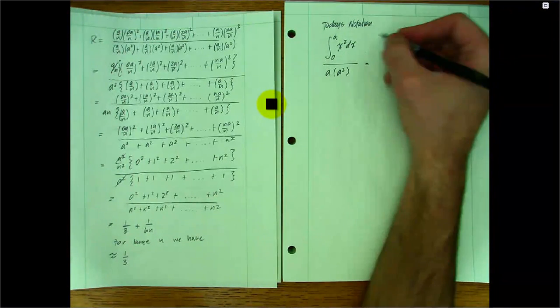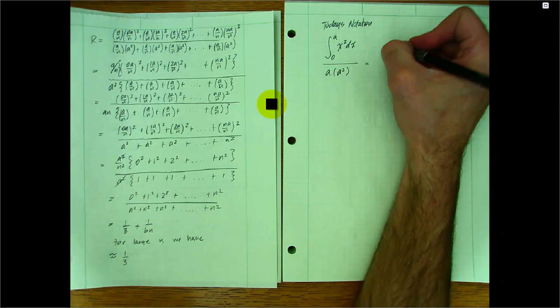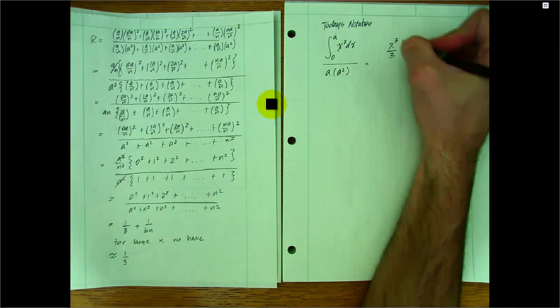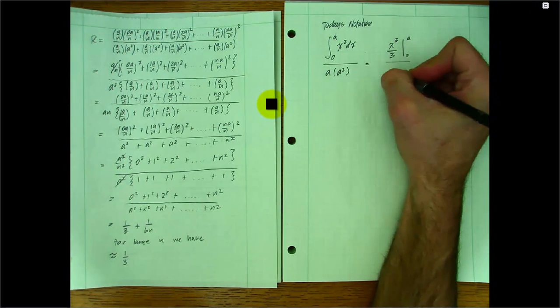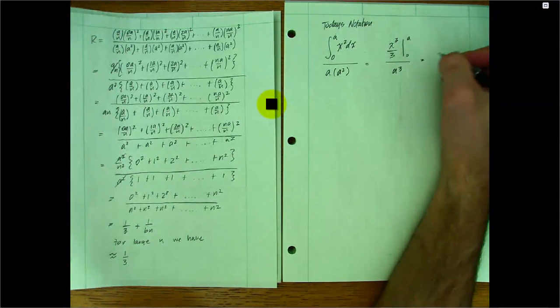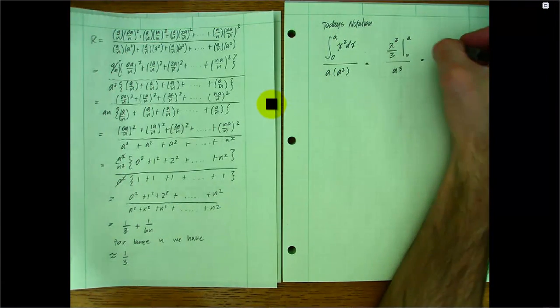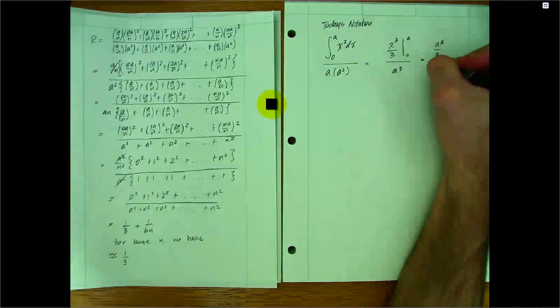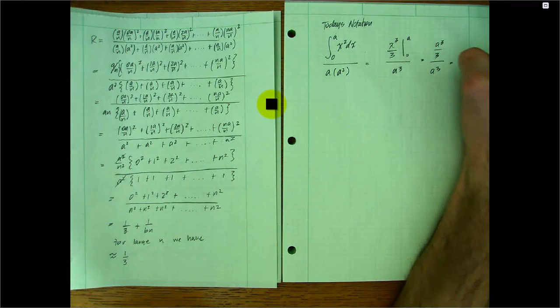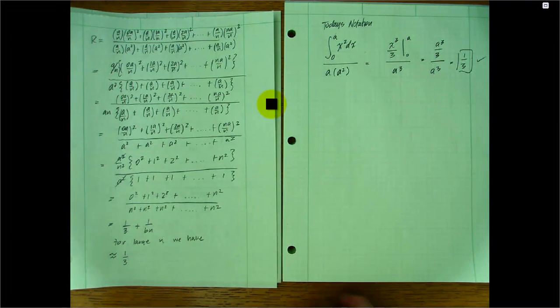Well, we know how to integrate, because of course we're modern mathematicians. So x to the third over 3 evaluated from 0 to a, all over a to the third. That's just a to the third over 3, all over a to the third, which is the same thing as a third. And so indeed he has found the correct value, which we can see took a lot more effort